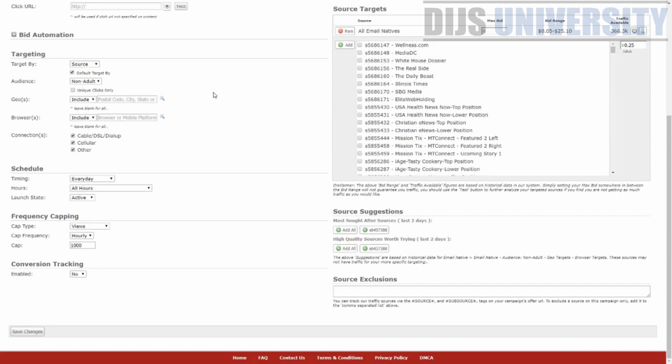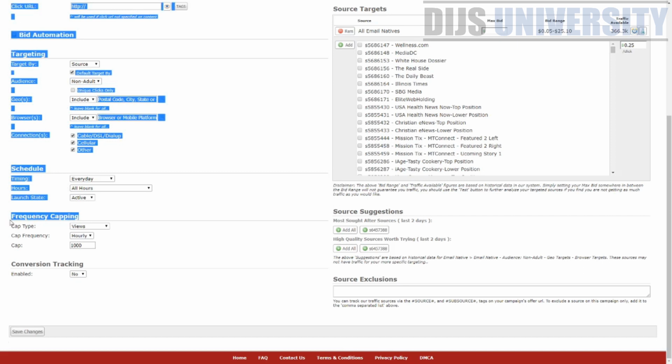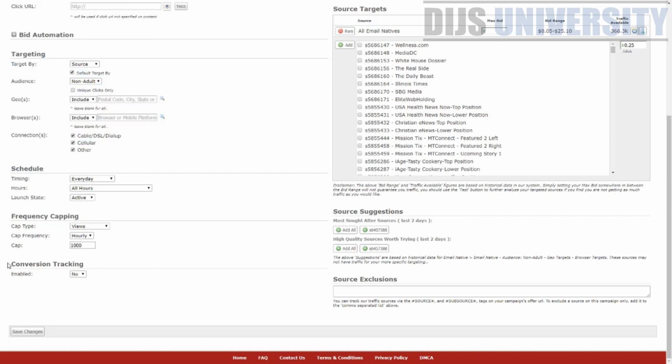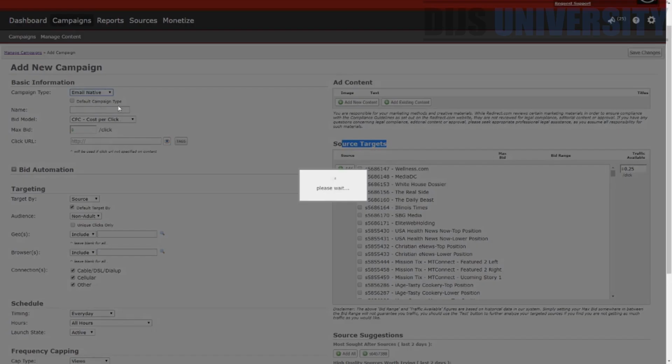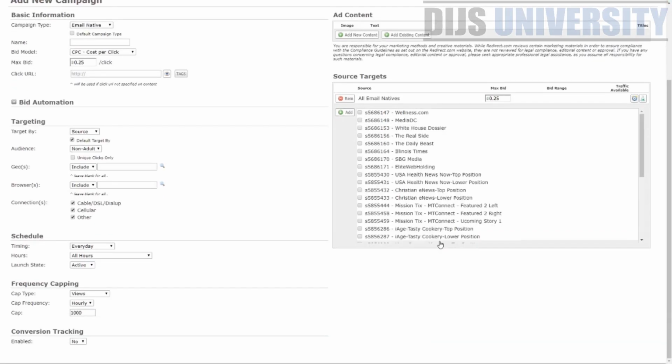Here's where you can actually go ahead and target. So there's a lot of targeting, sources, audience, whether you want adult or non-adult, geos, browsers, connection, and you can also schedule. And they do have a frequency capping as well. And don't forget, they do have a conversion tracking, and they're actually very keen on the source target. Like I told you, if you actually press email native over here, you can actually go ahead and see the